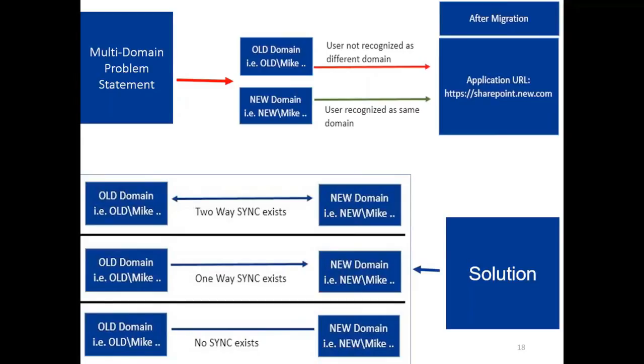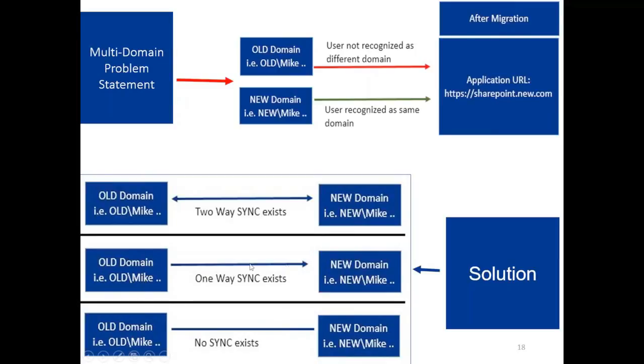So what is the way we can check so that other domain users can also start working? There are 3 ways, as you can see here in my slides. If the old domain and the new domain, both Active Directory domains, have a trust among them, a two-way trust exists, then there is no need to do anything. We can just type the domain name / username semicolon. It will start working. I have written a blog on that also. I'll showcase it.